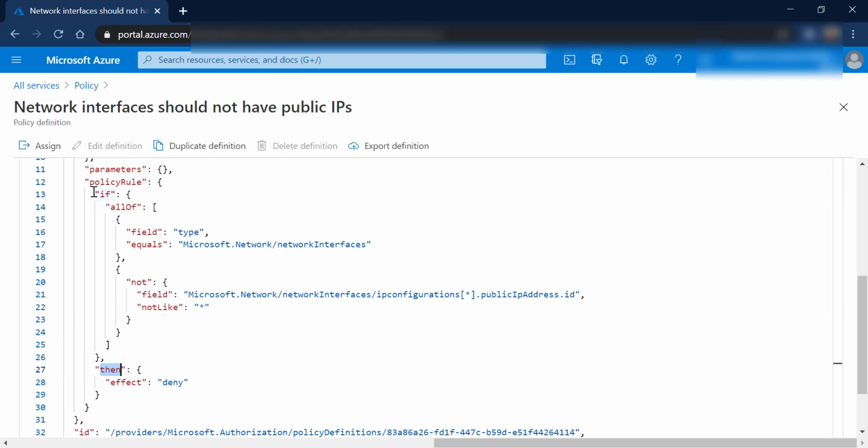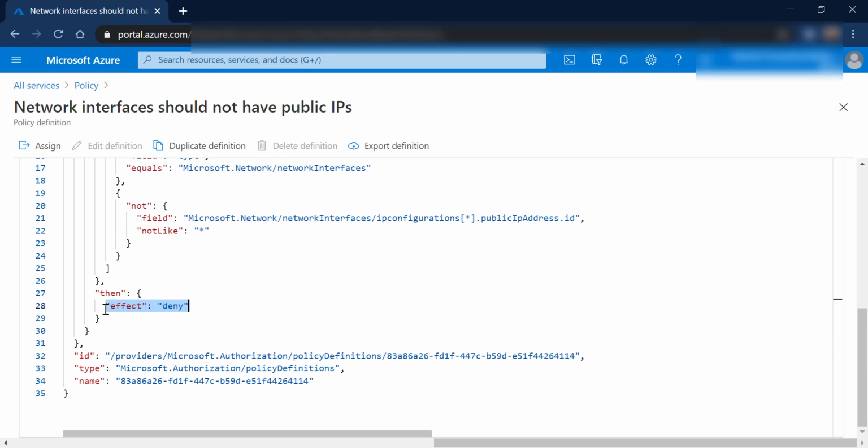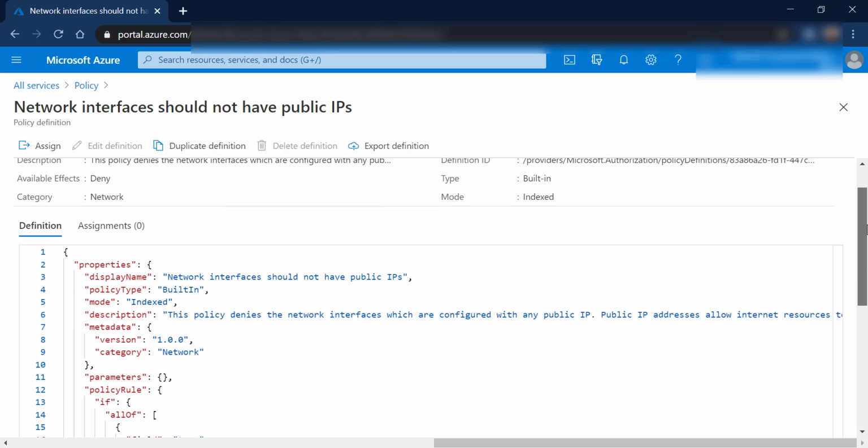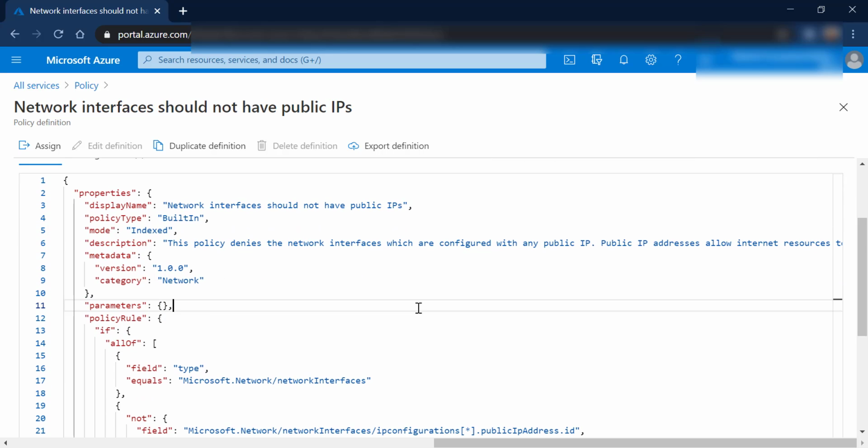So because this is the if block, which has the end condition, this and this, and if this becomes true, then the effect is going to be, the effect could be deny, allow, or audit effect. So these are the three type of effect your policy could have. So once you have these particular policies in place, basically you are going to deny the resources. So once you have the policy ready, you can write these policies or customize this, for example, right?